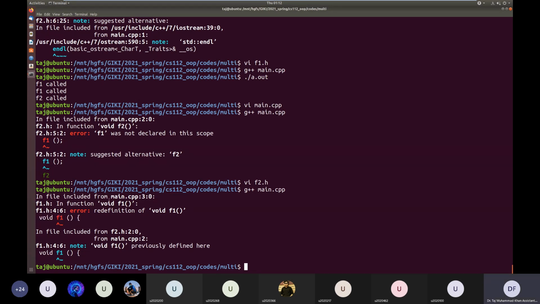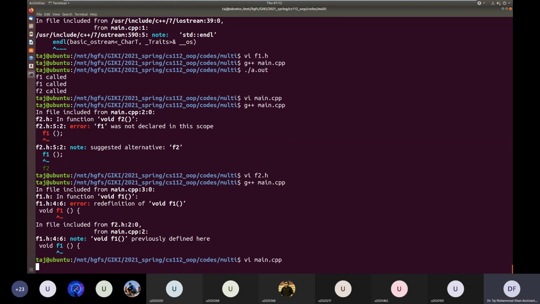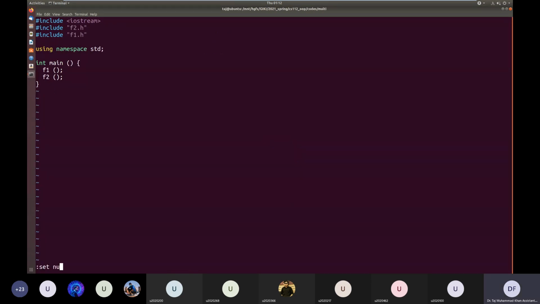So first it's defined in main.cpp on line number 3, and then on line number 2. If I open main.cpp, line numbers 2 and 3 here. Line 3 is including f1.h, so F1 has been defined here in f1.h, and line number 2 is including f2.h.